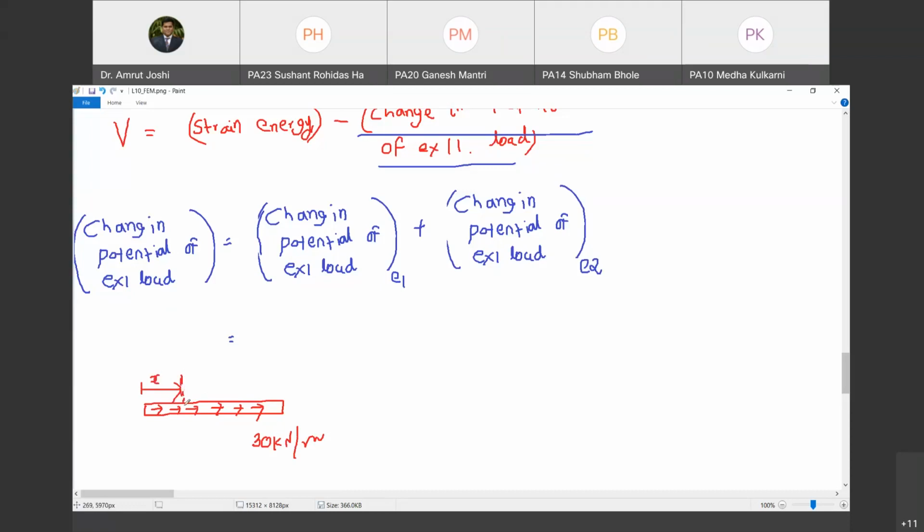Now, if I consider at distance x a small length dx, then what is the load on this dx? The load on this dx is going to be equal to 30 into dx. Do you agree with me? And it is going to act towards right. So the load here is 30 dx. Agreed? On a small strip of width dx, you are going to have a load of 30 into dx. How small is dx? dx is tending to 0. Do you agree with me? Type your response in chat box.